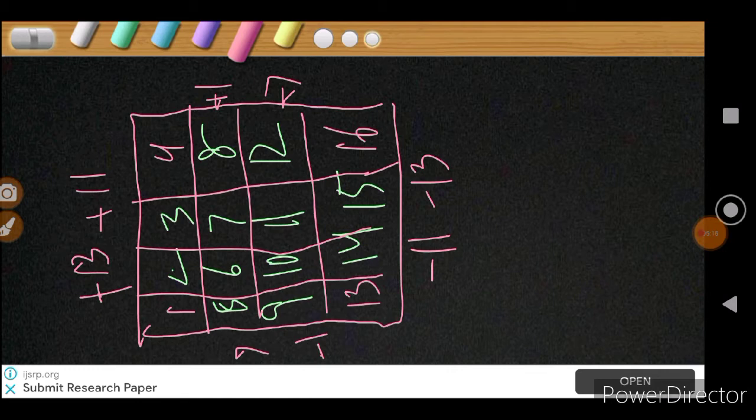In the fourth order table the mid values are 6, 7, 10 and 11. We will have to take the mean of these numbers. Whatever the mean is, it will be multiplied with 4 because this table is of fourth order, and that number will be